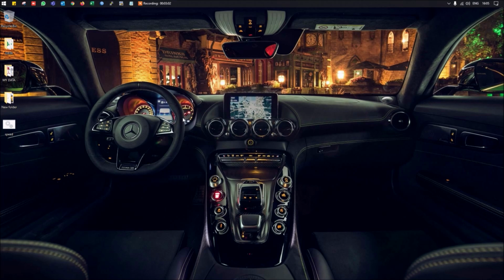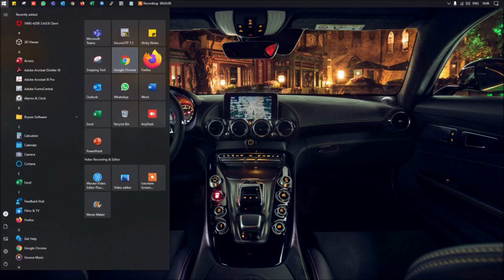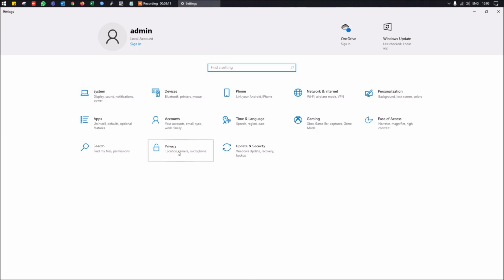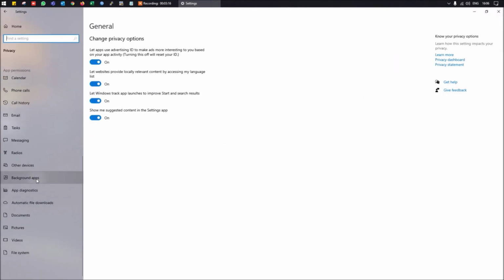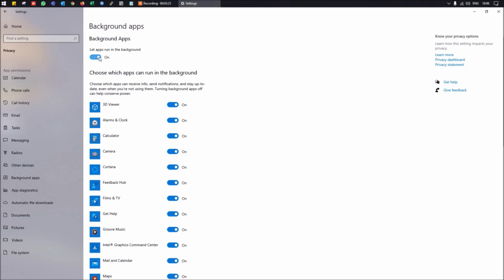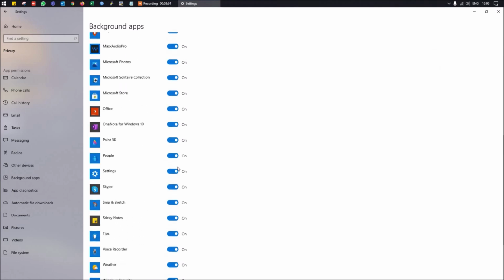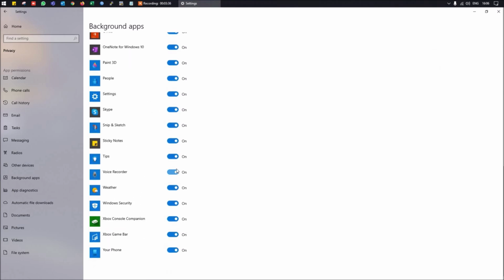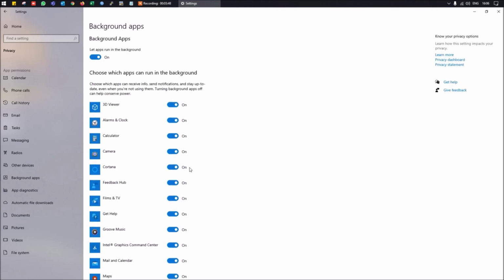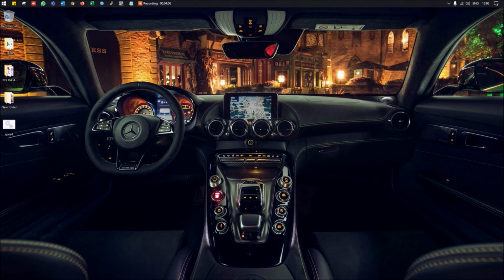The second method is that you can disable the background applications. To do that, you have to open Settings. In Privacy, you have to go to Background apps. In background apps, if you don't want any background app to be running, you simply disable this. All the background apps will be disabled from here. If there is any specific app you want to run, you disable all the unwanted applications from here and only allow those applications to run in the background which are required. This will also improve the performance of your machine, and it will stop background consumption of your data and CPU.